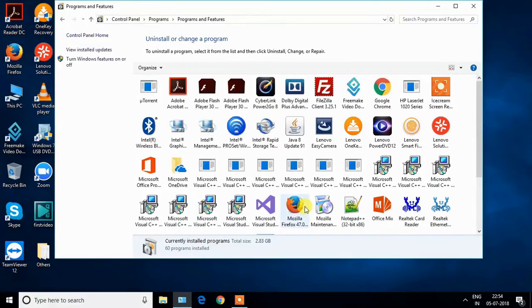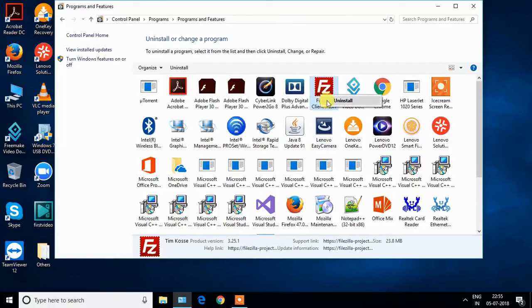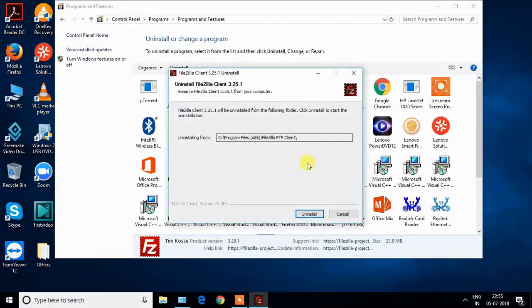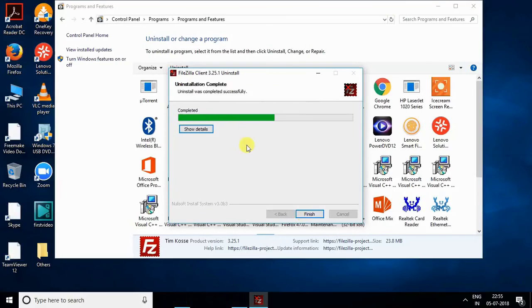Make sure you keep only the necessary applications in your system and uninstall the applications that you are not using. You can see that this is one of that kind. So click on the unnecessary application, right click over it and click on the uninstall option. Again click on the uninstall button.